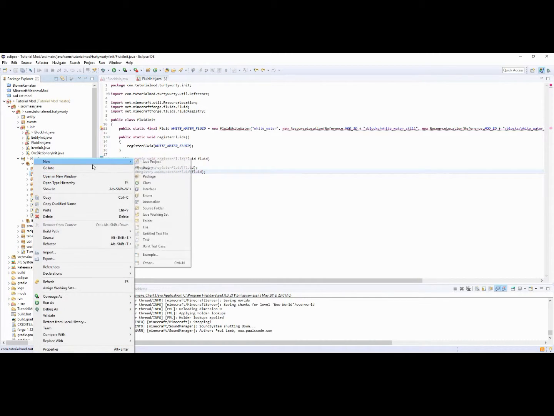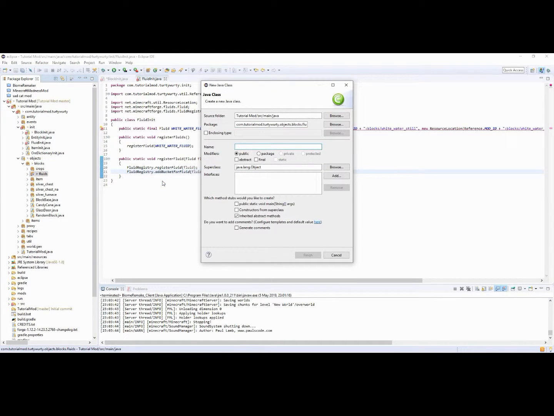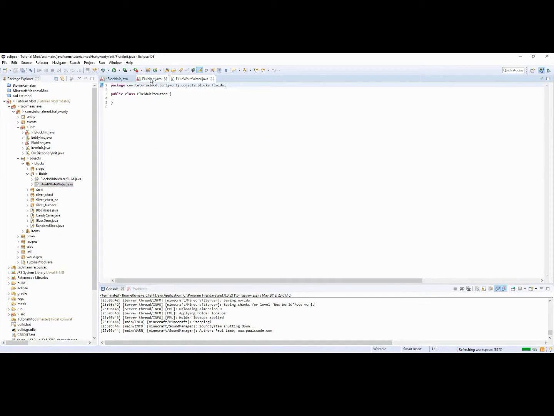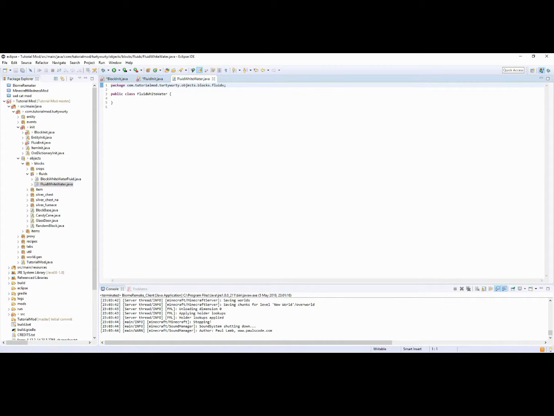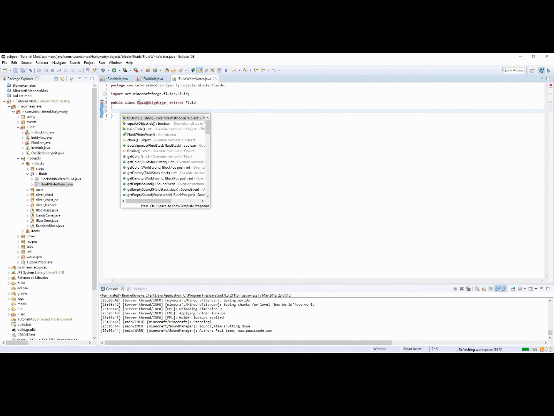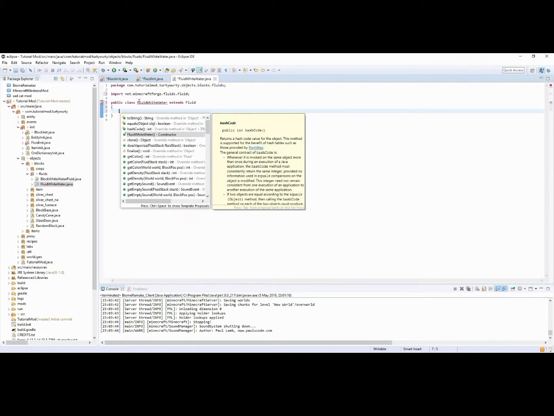So in fluids we can create a new class and call it FluidWhiteWater. Just go ahead and import that there. Now we have a few little things in here. So this needs to first extend Fluid, and just import that. Then we need to go ahead and add the constructor,